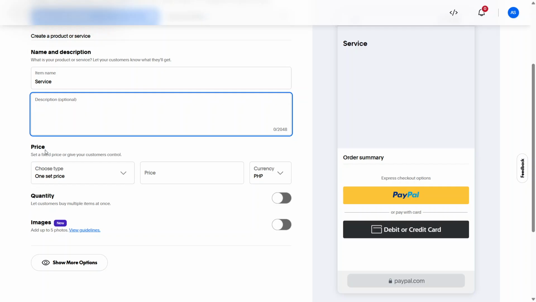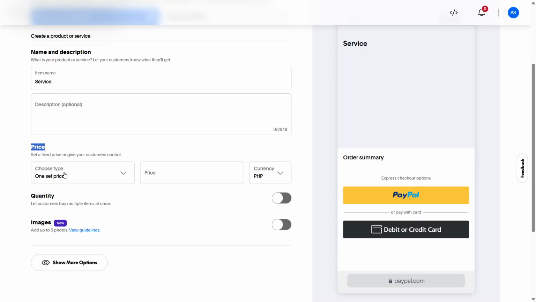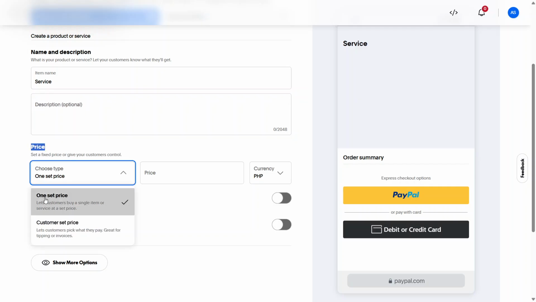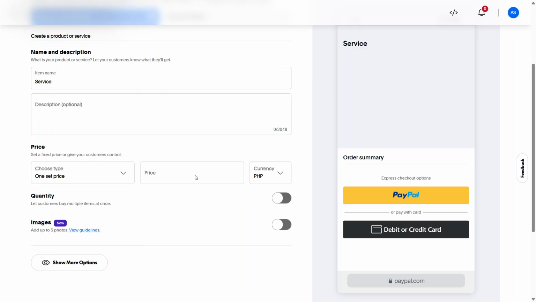Now choose the price type. You'll see two main options, one set price or customer set price. If you choose one set price, you'll enter a fixed amount that everyone pays. If you choose customer set price, your customer can type in the amount themselves, which is useful for donations or flexible payments. After picking the type, enter the price, then choose the correct currency that matches where you or your